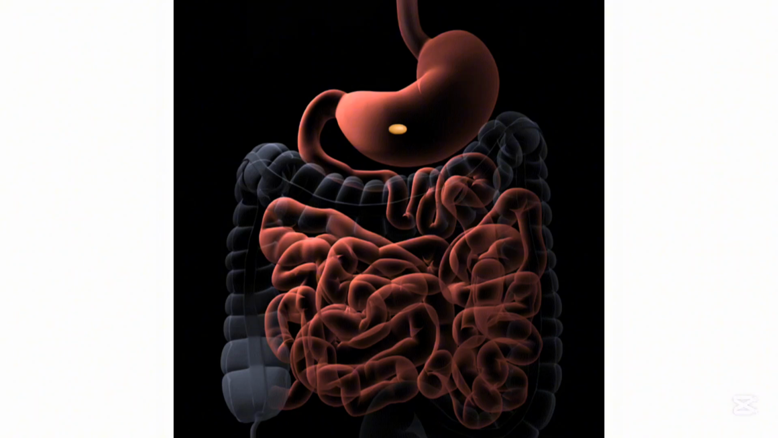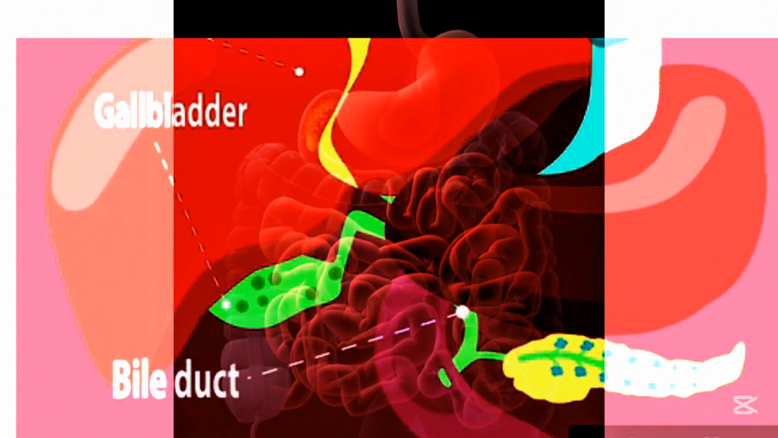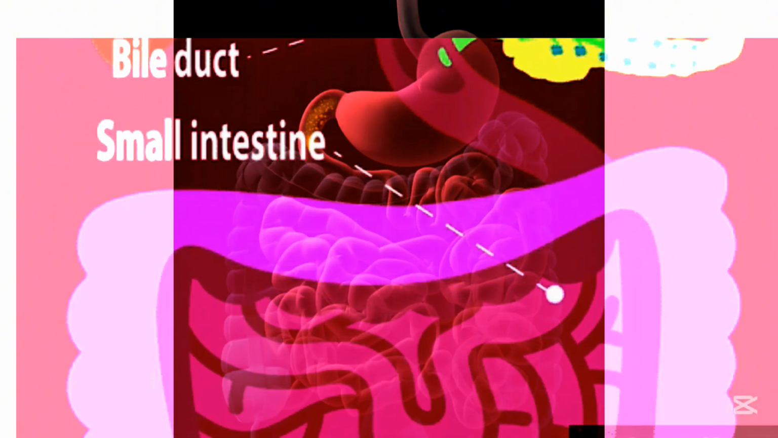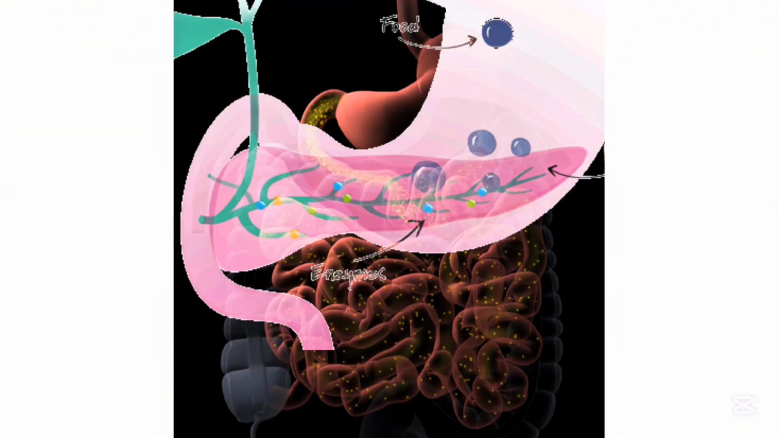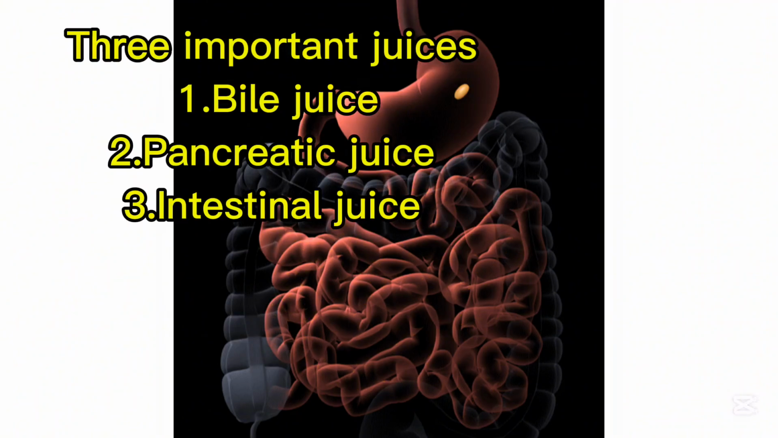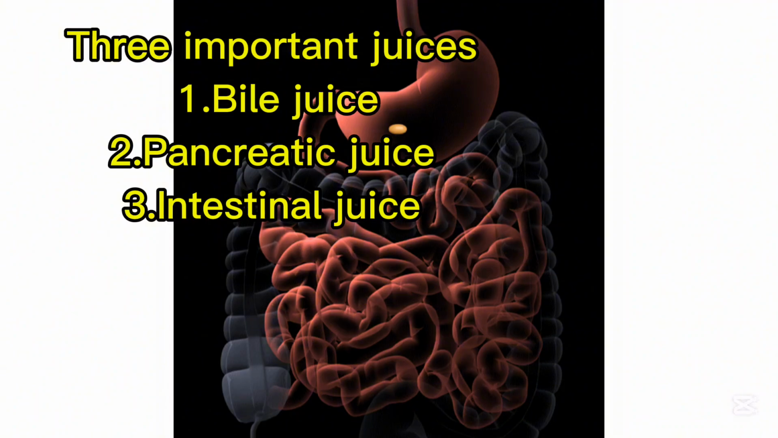After the digestion in the stomach, the food is transferred to the small intestine, and in the small intestine, the liver releases the bile juice into the small intestine, and the pancreas also releases the pancreatic juice into the small intestine. In the small intestine, three important juices are produced. First one is bile juice, produced by the liver, pancreatic juice is produced by the pancreas, and intestinal juice is produced